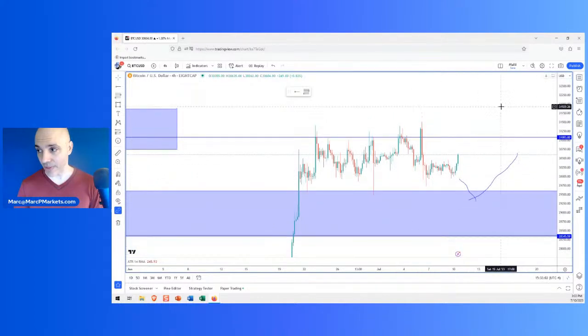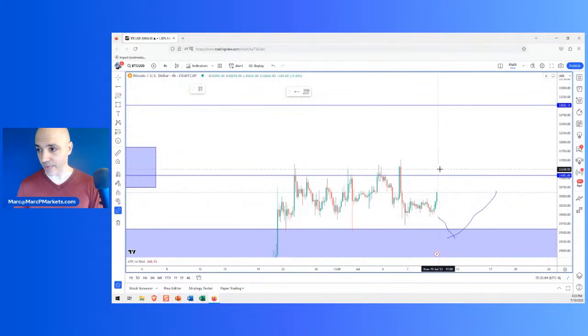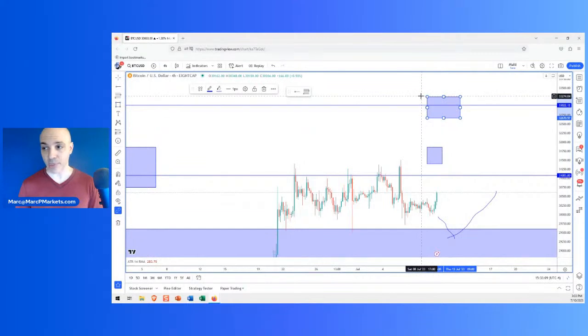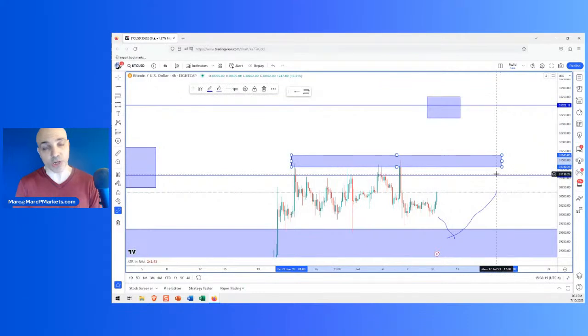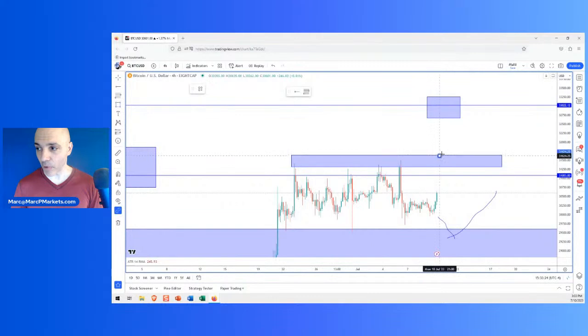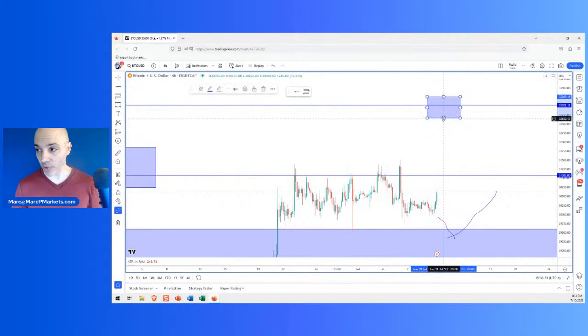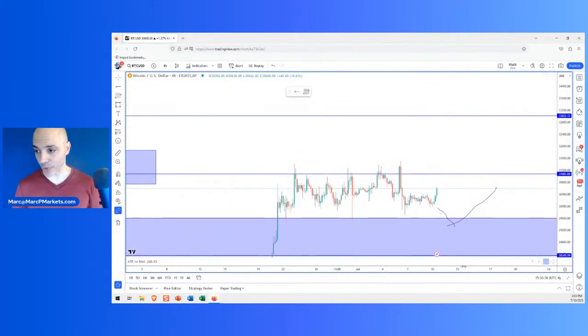The next level on this thing is 33K. If it can successfully break out of 31K, we're looking at 33K. That's the next area of resistance. That's historical resistance. So here's another mistake that I want to point out. This thing may break out. Structure favors the breakout. People pile in. What gives this thing momentum or not are the shorts that are all shorting this thing right now because they think they know better. This is not a place to short. Although it's a resistance, the problem is it's a counter trend trade.